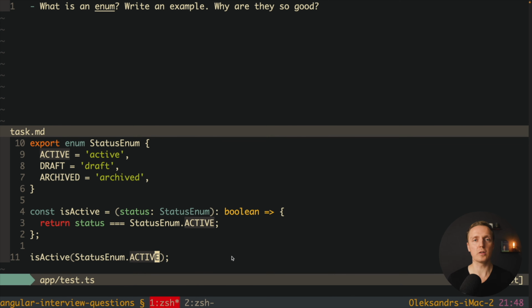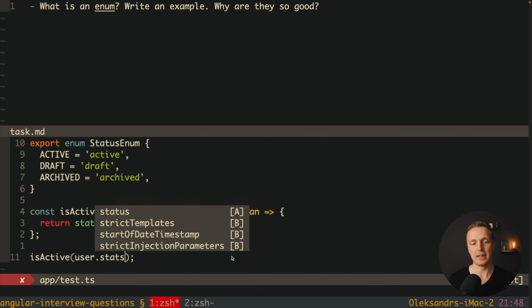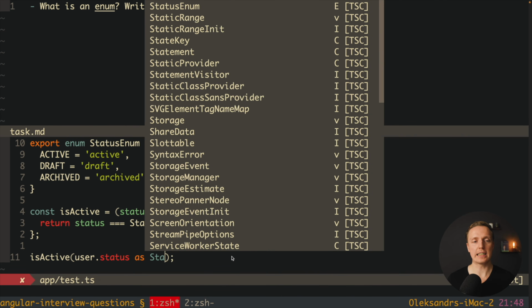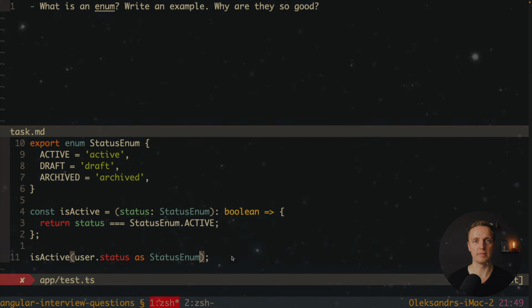But at this moment you want for sure to say that you are getting your data from the API, and then there you are getting a string. And what you need to do in order to use your data as a string with our function isActive. And let's say that you have a user with active property, which actually means you will write here user.status maybe. But actually your status is a string. In this case you can write here as, and you already know what as is, and here we're writing that this is our status enum. This is totally fine, but only if you are getting this data as a string and not using it as a string across your whole application.